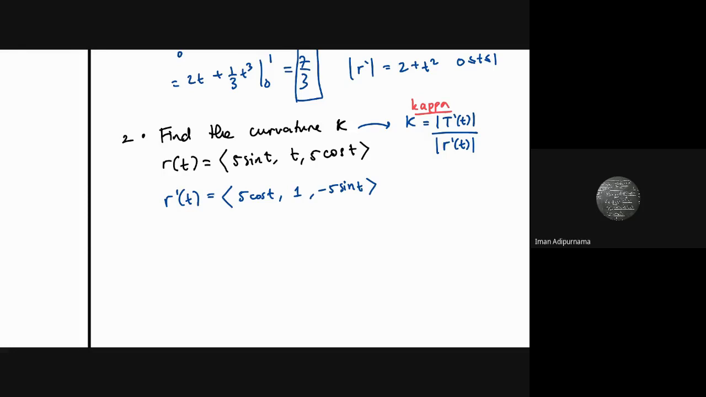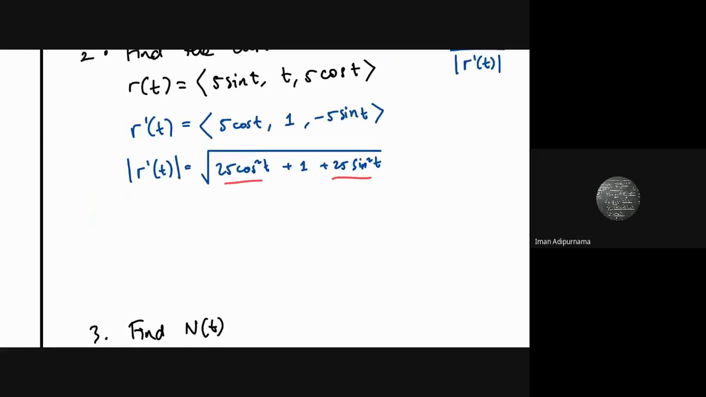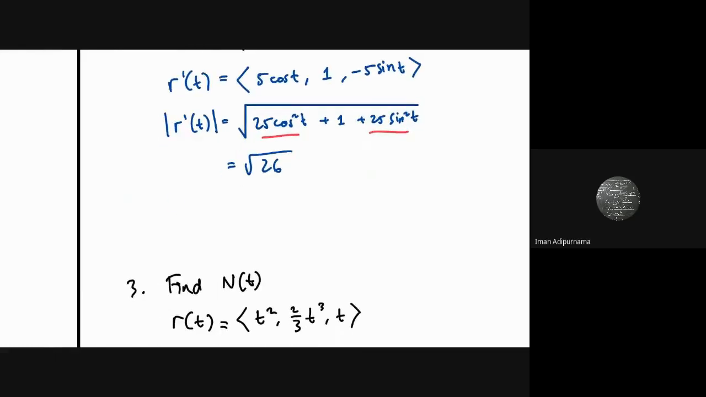And then we need to find the value. So 5 cos squared plus 25. Let me just write all. This 2 becomes 25. So plus 1 is 26. So it's 26. So first, write the tangent vector is